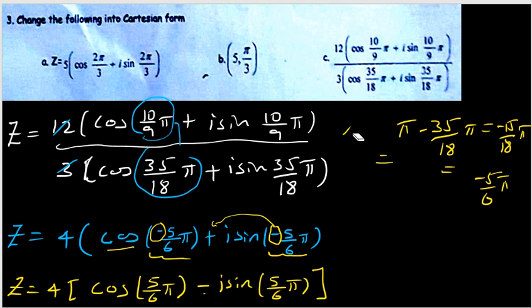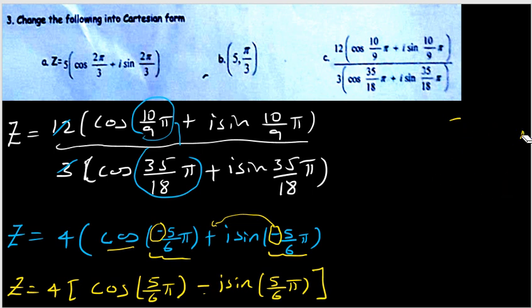Again, 5 over 6 pi is a second quadrant angle because it's greater than pi over 2 or 90 degrees. So to know the related angle, theta related would be pi minus 5 over 6 pi. So it will be pi over 6. Pi over 6 means 30 degrees. But cosine is still negative in the second quadrant. So the z will be,